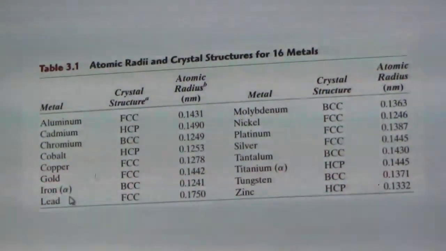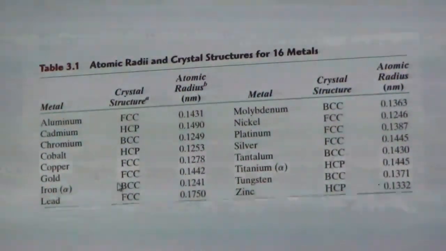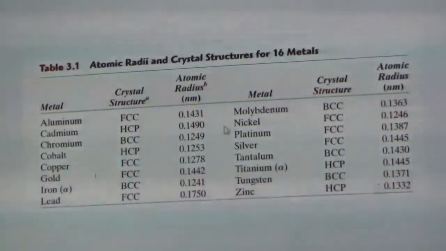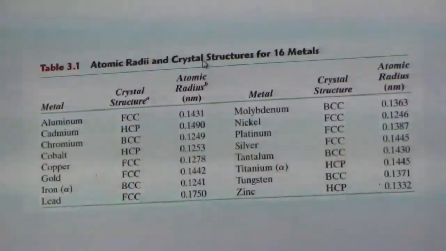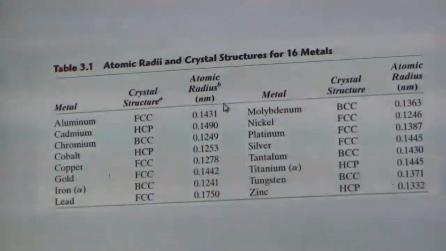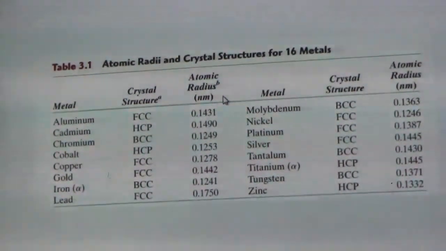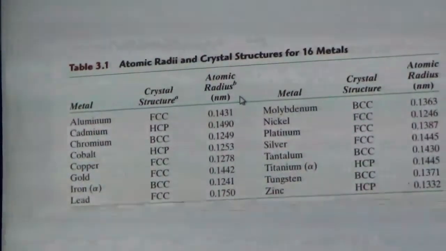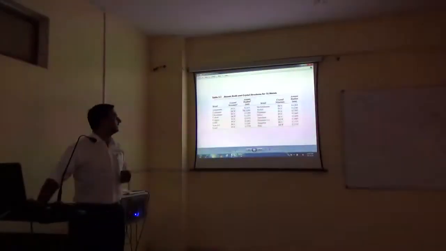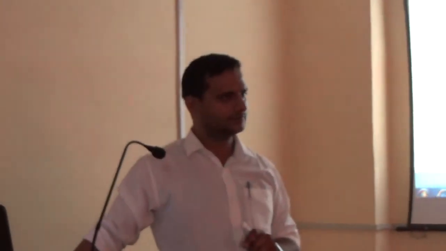What is alpha? We will study in the next unit, second unit, ferrite iron. BCC structure, and we know that iron is a brittle material. Like nickel and silver having FCC structure, zinc having HCP structure, and these are the atomic radius, value of R. And from this R, we can easily calculate the value of a, where a is equal to 2R, simply. And from that itself we can calculate the value of atomic packing factor.